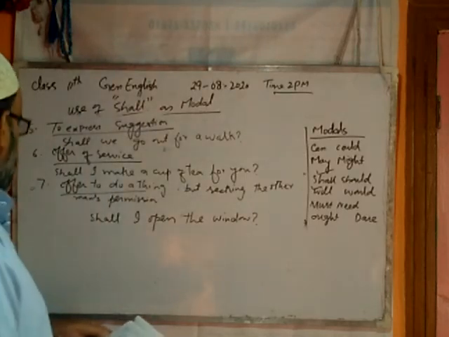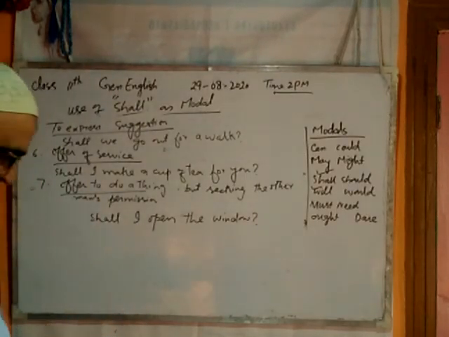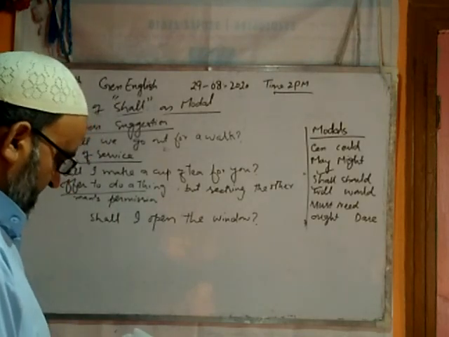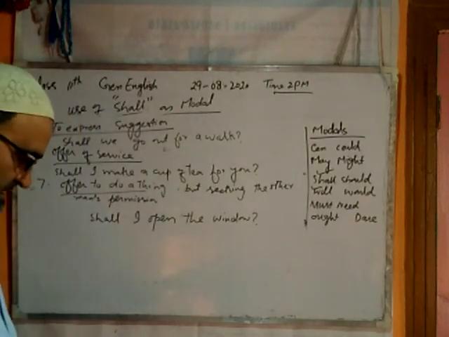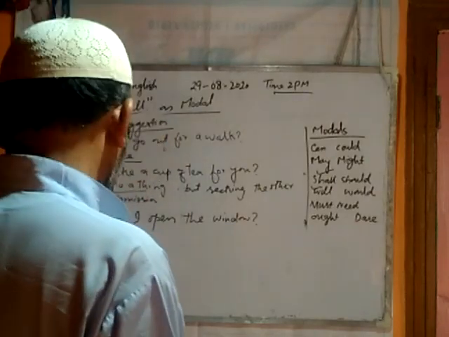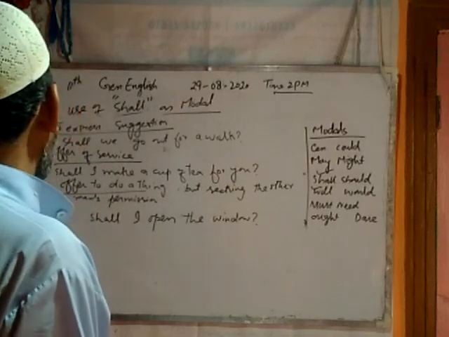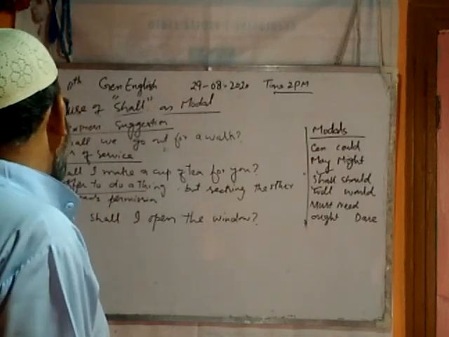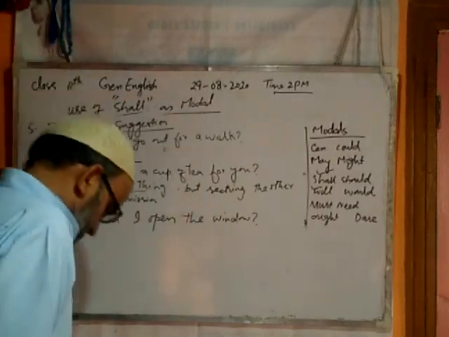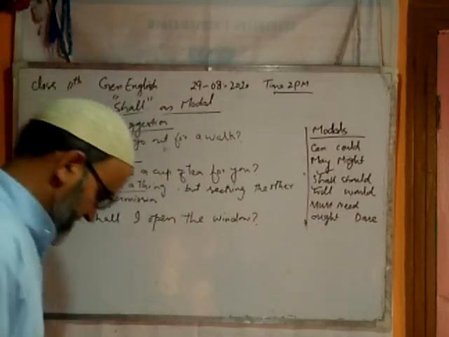You see here 5, 6, 7 जो यूज है ये फर्स्ट पर्सन के लिए आएगा क्वेश्चन बनाने के लिए। या हम क्वेश्चन बनाते हैं चाहे ऑफर ऑफ सर्विस हो, चाहे एक्सप्रेशन ऑफ सजेशन हो, या कोई चीज करने के लिए, कोई काम करने के लिए, लेकिन दूसरे का परमिशन जरूरी है।